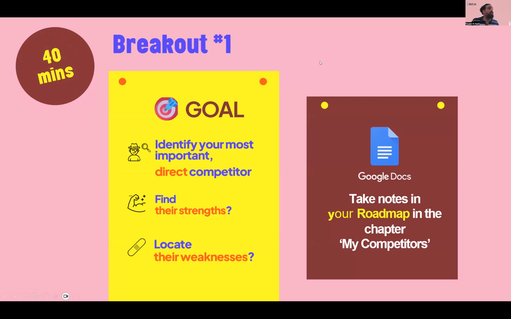Please make sure to have fun while looking at that, especially if you are using AI. It will show you that it's not easy, but if you give it the right direction, the right commands, it will be great to find your competitors easily and fast.